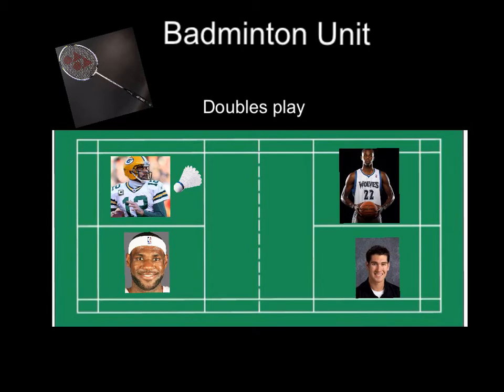So now Aaron Rodgers yells 1-1. He serves it to Mr. Horner. Mr. Wiggins is not able to return this serve because it's meant for Mr. Horner's area. Okay, Mr. Horner returns it, and the birdie's going back and forth, and it's a good match. And all of a sudden, oh, Mr. Horner smashes one past LeBron James. That is a point for this group, so the score is going to be 2-1, and it's going to go